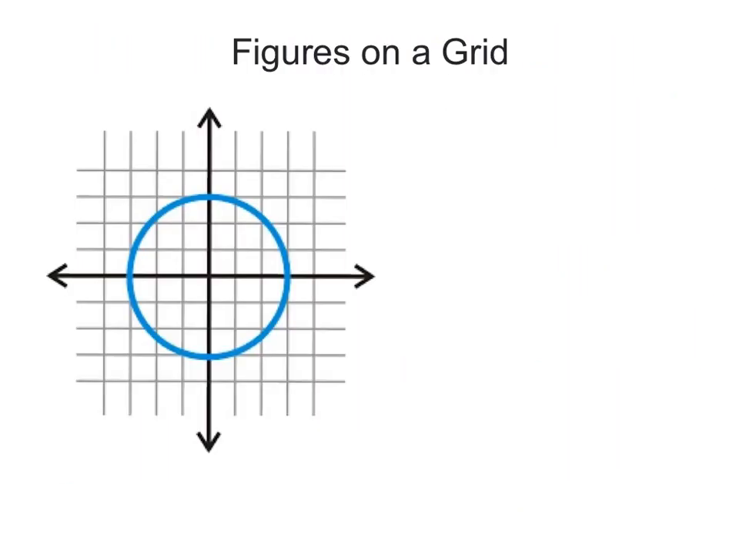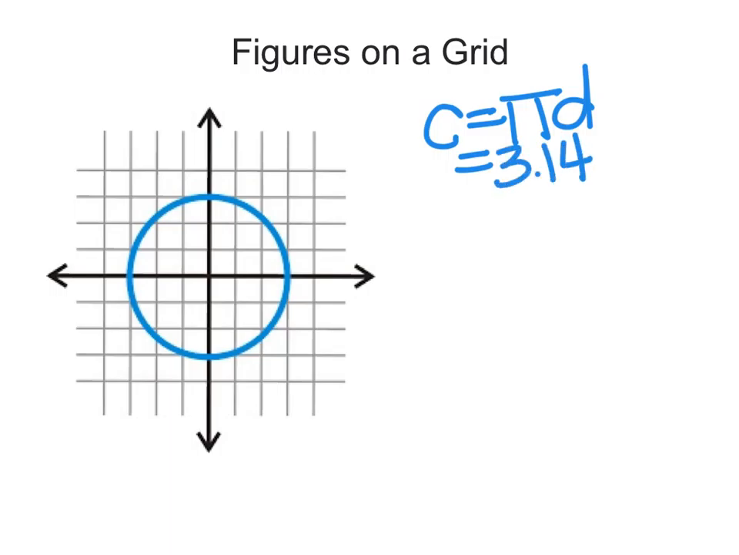You may be given figures that don't give you any numbers, but they will be located on a grid, and you can figure out all of the distances or the lengths that you know by counting on the grid. So if I asked you to find the circumference of this circle, first I would start with the formula, which is circumference equals pi times diameter, and I know that I always use 3.14 for pi. Then I would look at my diameter, which is the distance across a circle, which is 1, 2, 3, 4, 5, 6. So my diameter is 6, and then I would do the multiplication